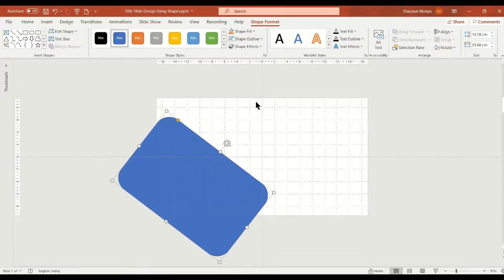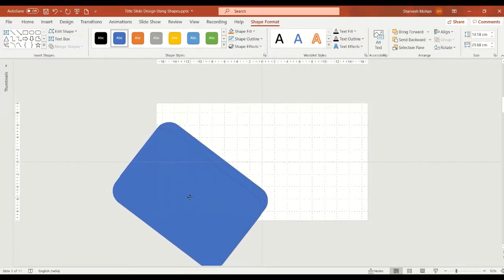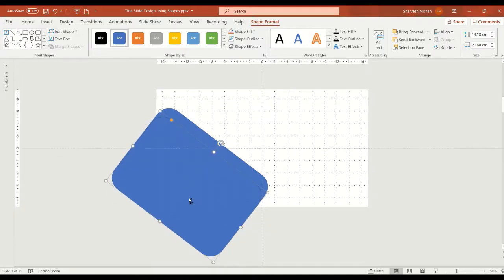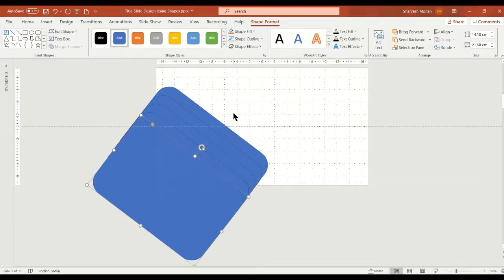Select this, Control D is for duplicate, and slightly put it like this, and press Control D 3 times. So this will give you a total of 5 boxes. Let's go to each box and give it different colors.